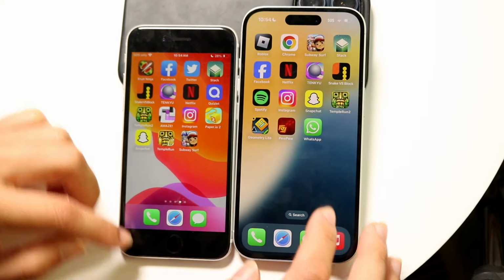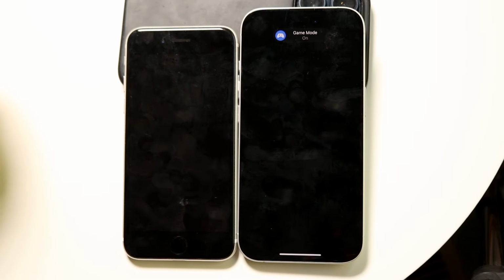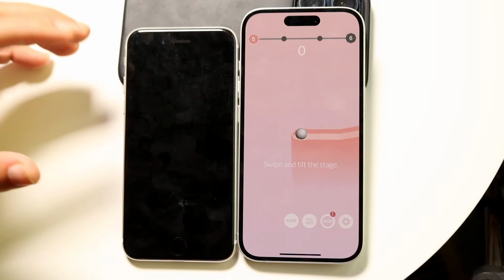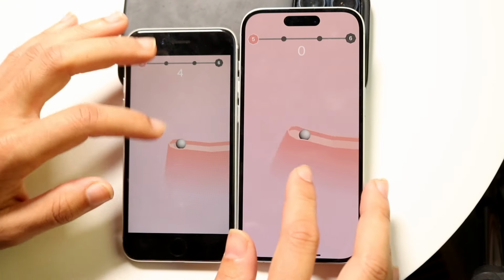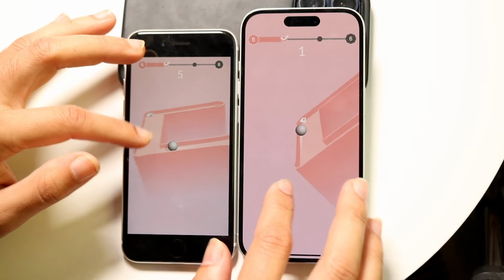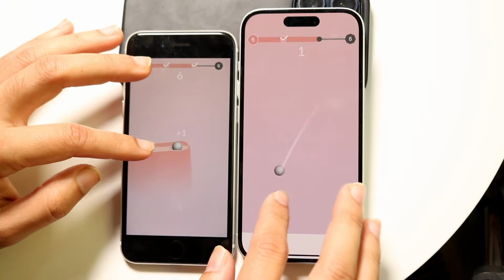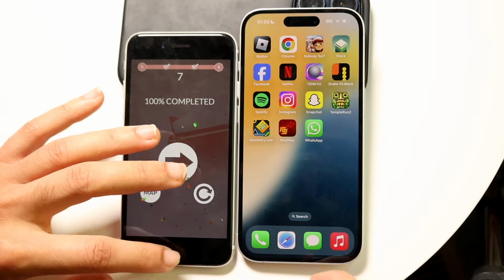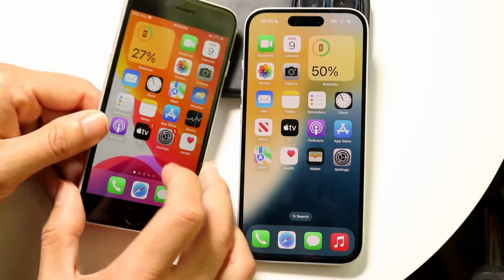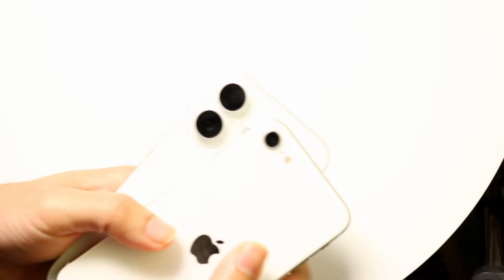Hopping out of here, let's do Thank You, 3, 2, 1. And within this one, again, the iPhone 16 was so much faster. So basically, as you could probably tell, in almost every single way, whenever you play a game or use whatever app, it's going to be a faster experience. Once you're in the application or the game, it may not be the biggest difference in the world, as both are fairly good. But if you want the faster phone overall, it's definitely going to be the iPhone 16, and it's really not even that close. But especially from a camera standpoint, the camera quality on something like an iPhone SE 2